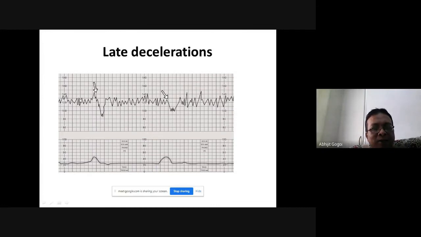Then next is acceleration. So there is one peak. This is acceleration. This is another acceleration. This is another acceleration. Let's take this acceleration, which is quite prominent. How much has it accelerated from here? Your baseline was 120, so it has accelerated up to close to 150. So acceleration is from 120 to 150, 30 beats. Okay. Sorry, this line is going to 130. Next is at 140, close to 150. So it has accelerated 20 beats.